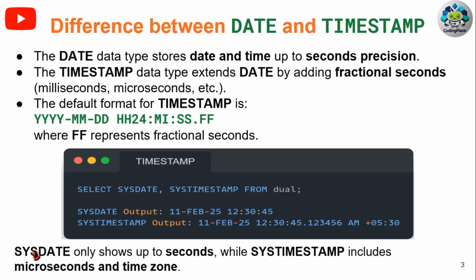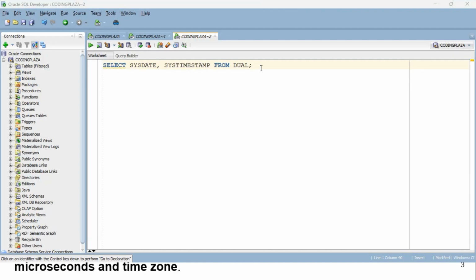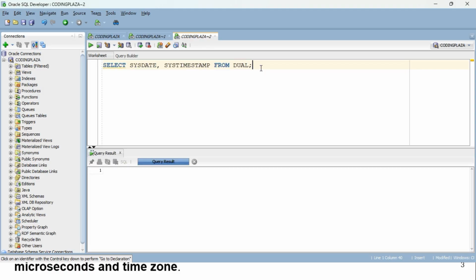First we'll close this. The date only shows up to seconds, while the system includes microseconds, and we'll cover this in real time. I'll show it in the database itself. You can see here I have written a query, right? So select sysdate, systimestamp from dual. If I execute this, here you can see the sysdate,